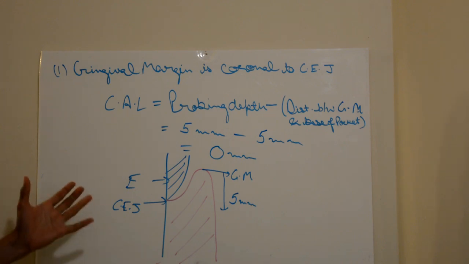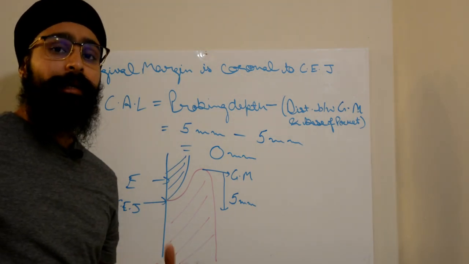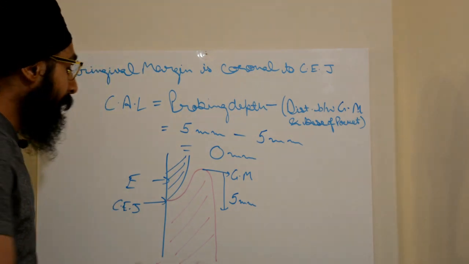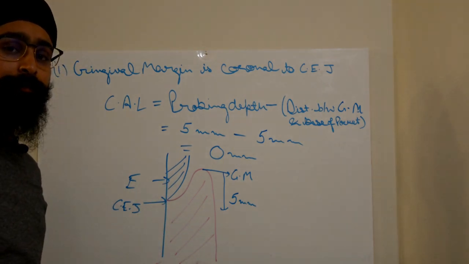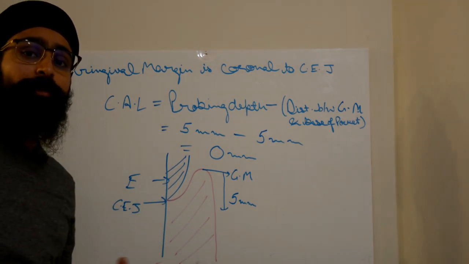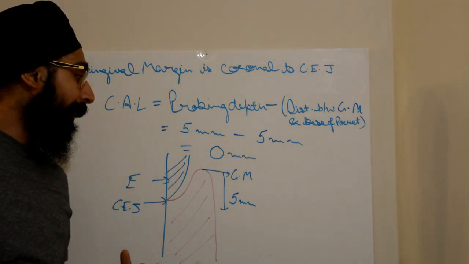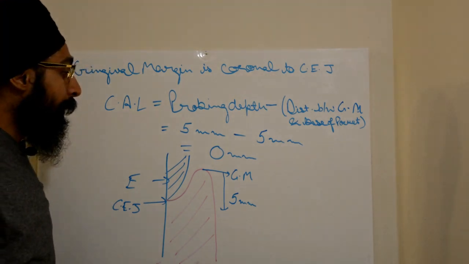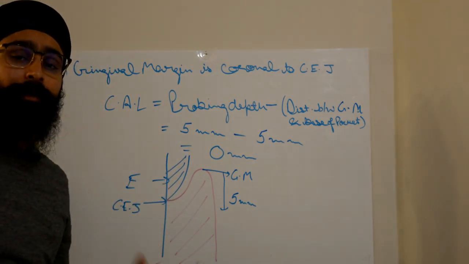Basically, this is a scenario, for example, when a patient is having drug-induced gingival enlargement. In that case, the base of the pocket does not shift apically on the root surface. It is still attached to the cemento-enamel junction, but because of the hypertrophy and enlargement of the marginal gingiva or free gingiva, the depth of the probing area, or probing depth, increases.